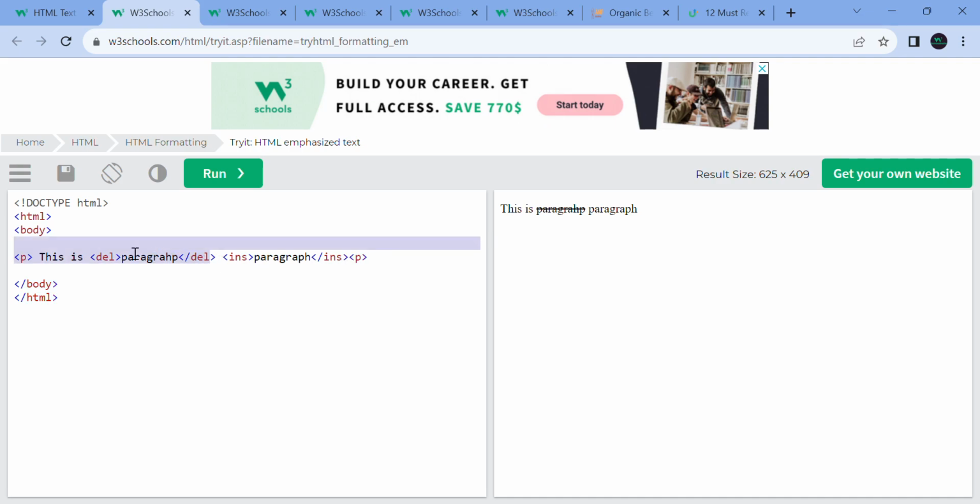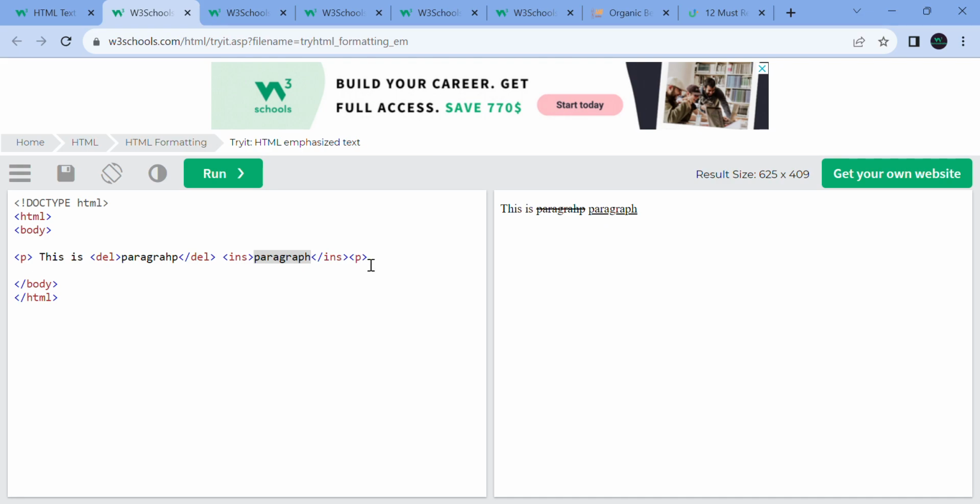Like here we had to cancel this text, so there were some mistakes, and after correcting the mistakes successfully, the content is displayed like this, you can see. So that is what it means, guys. By mistake I had written the h before p, and after correcting, my text is displayed like this. So with the help of ins and del you can easily make your website,